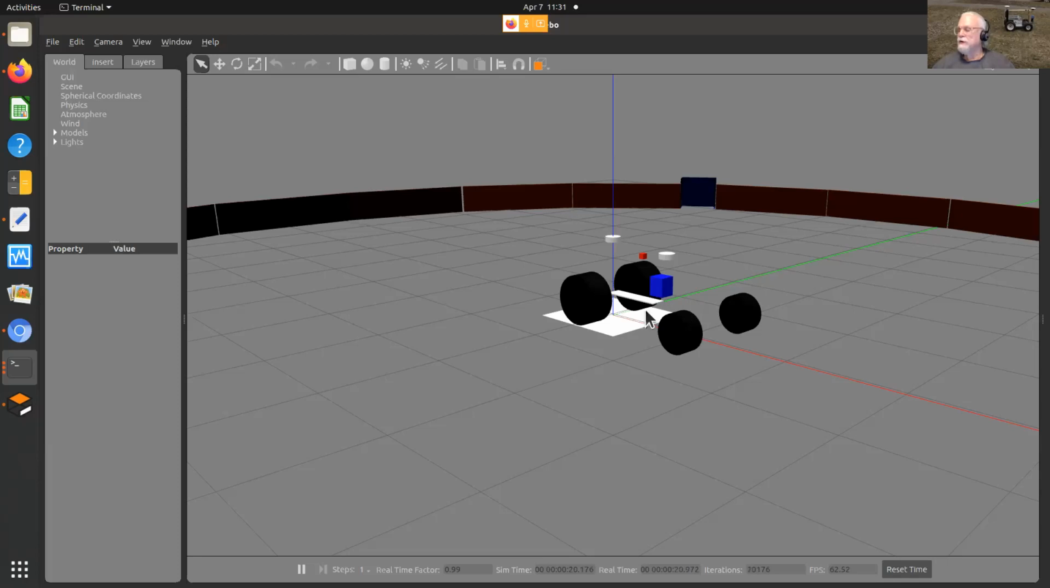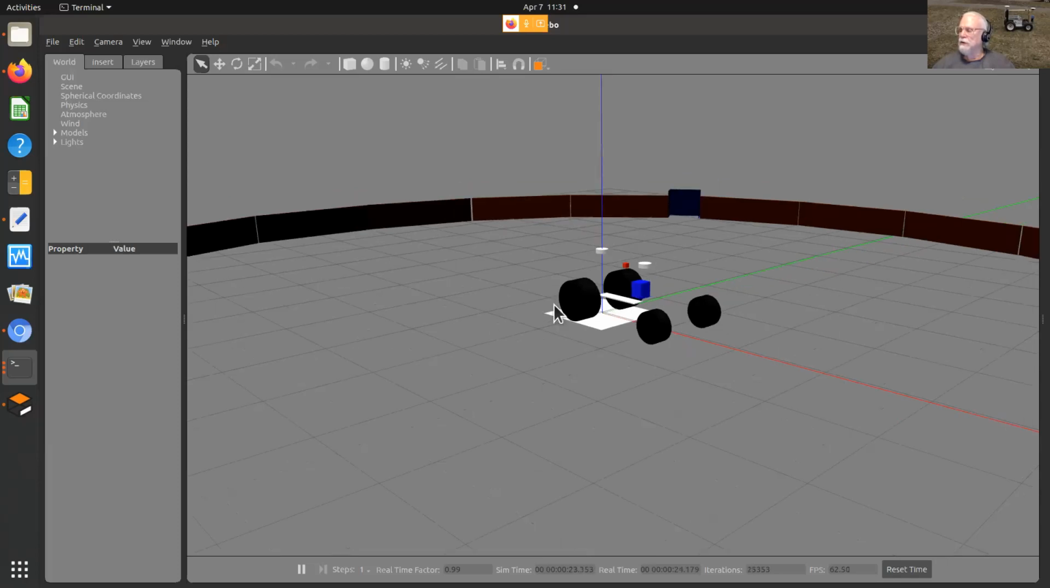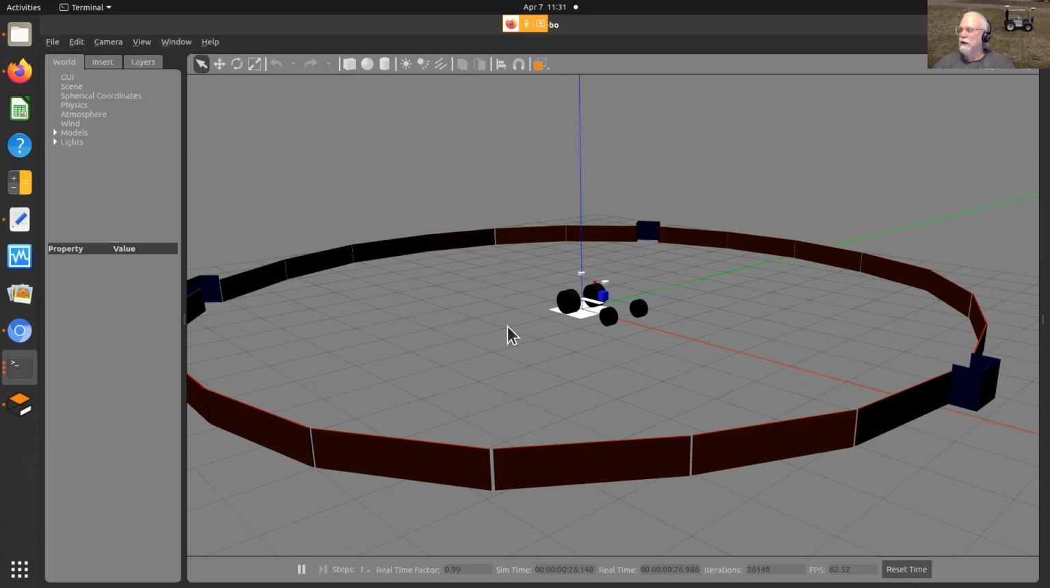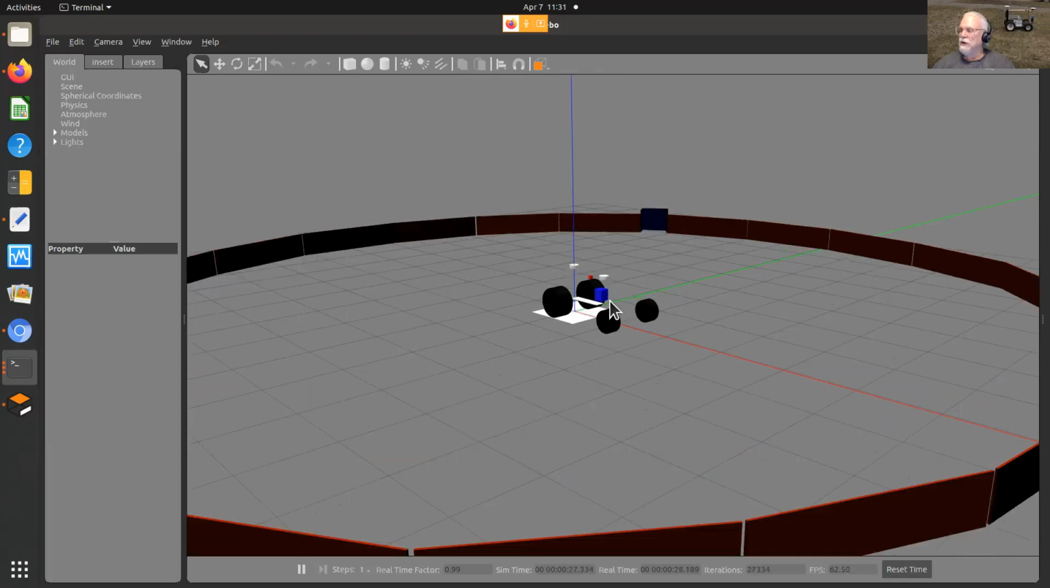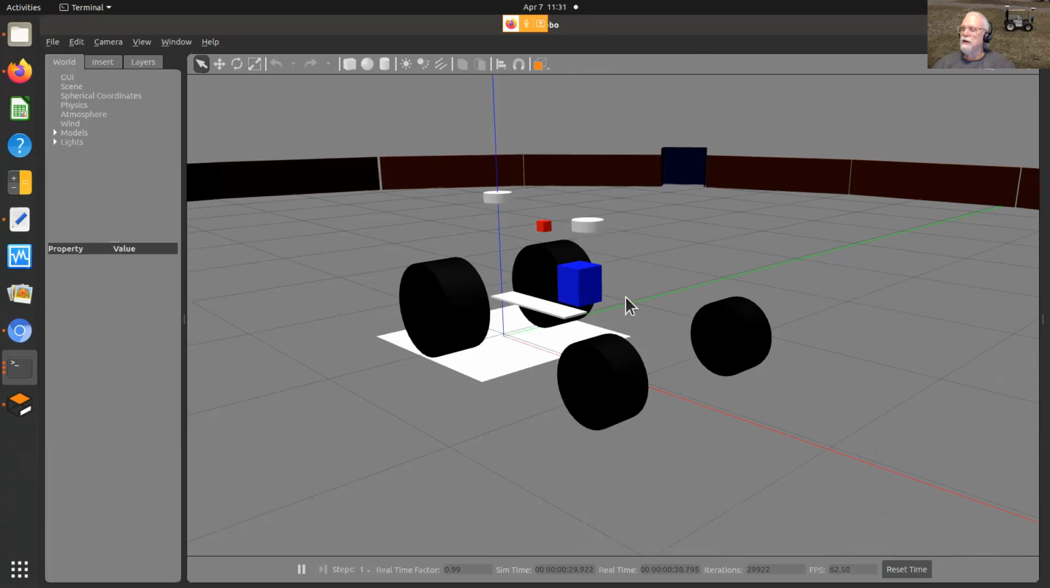So anyway, here's the simulator running. And I've got that world that's just got a round wall around it. And this is basically the four-wheel vehicle with the dimensions for your wheels and spacing, and then it's got my sensors just stuck on top of it. So let me make this smaller,